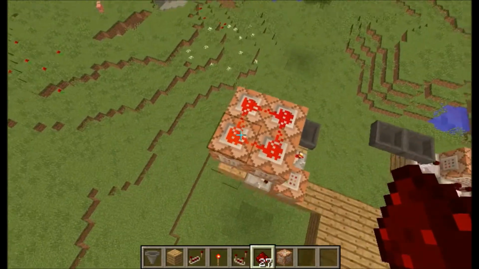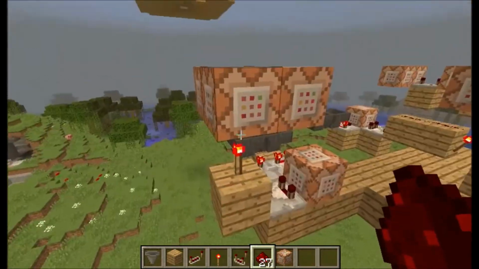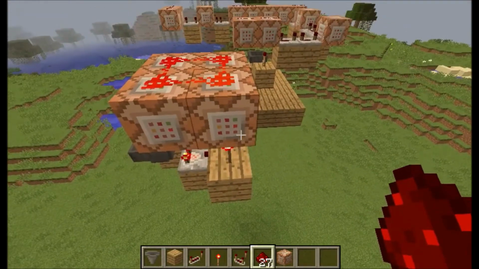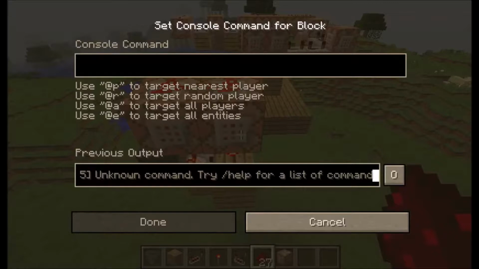On top of them, one obviously has to be above the torch. It doesn't matter in which order you put all of these command blocks. So basically,